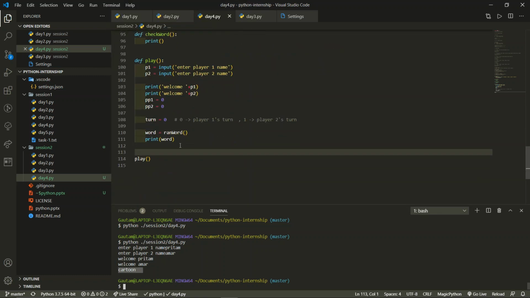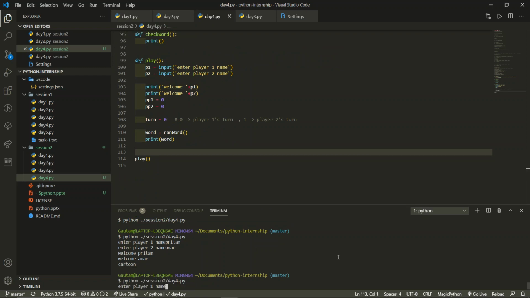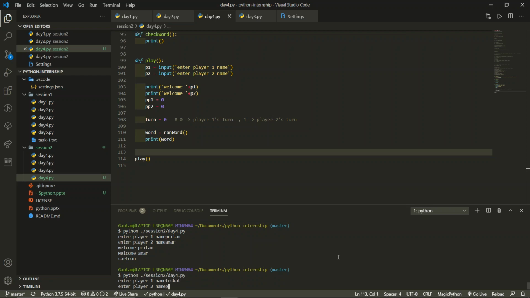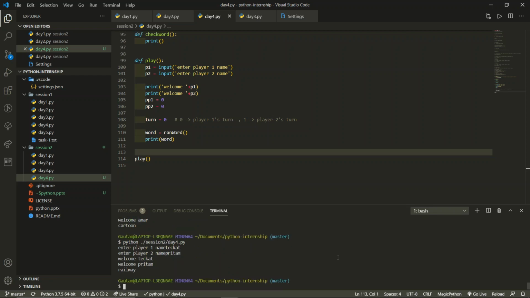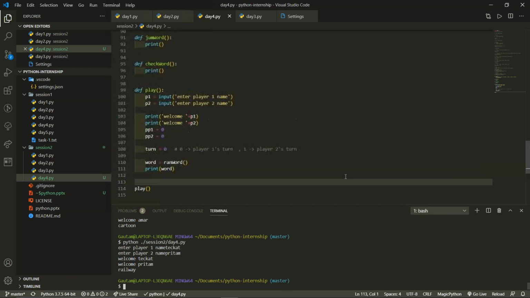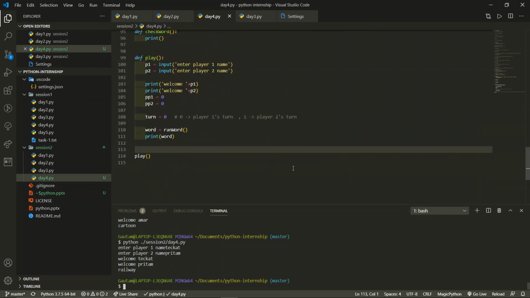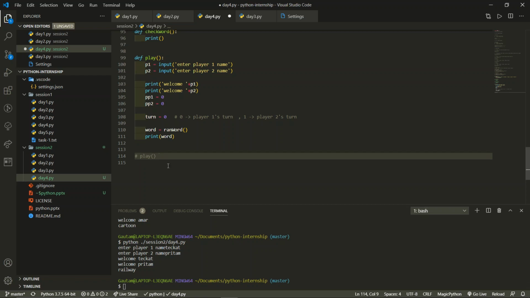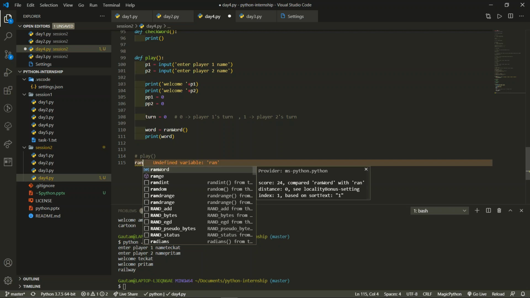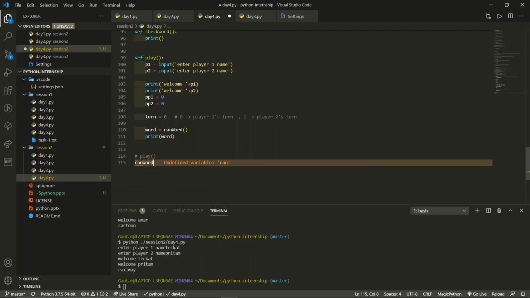Now if you want to only check that the functions are working properly, if you want to check it continuously in this method, then every time you will be asked for a name. Again you need to write everything, and then you need to check it. So it's very difficult. So for checking a function, what we do is we don't execute this. Rather, we directly execute a function, ran word,